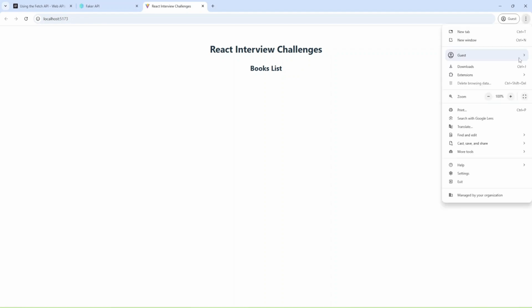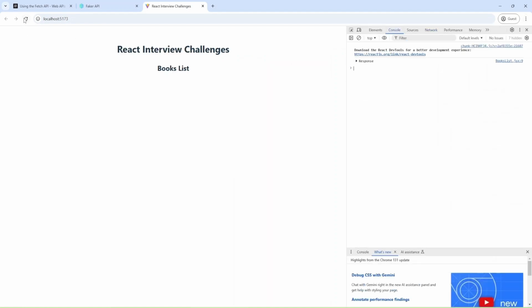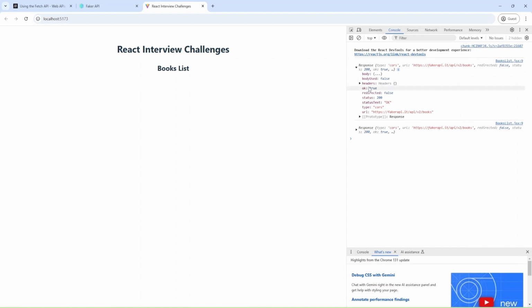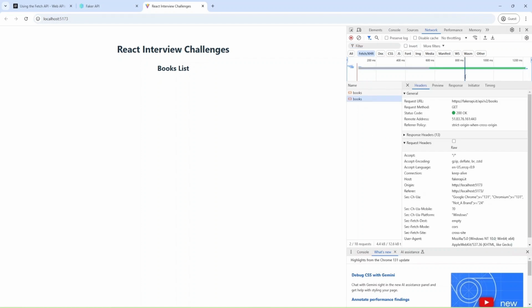I'm going to open developer tools, go to console, and refresh the page. And as you can see, we have a response, and we have OK, and status 200, and also we can check the network tab in developer tools, and here we also have some headers.